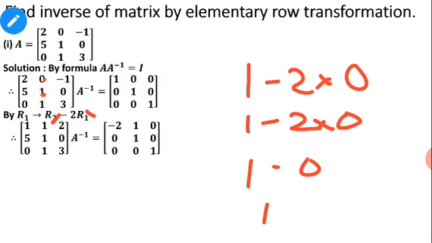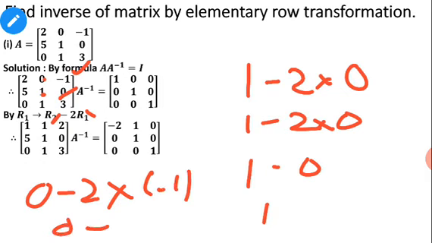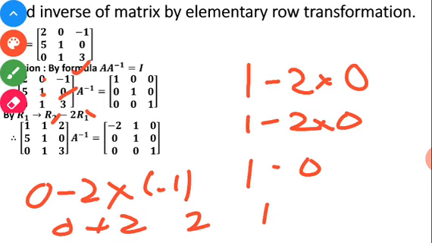दैट थर्ड एलिमेंट जो यहाँ पे 2 आ रहा है, हाउ इट इज़ कमिंग, बिकॉज R2 का जो फर्स्ट थर्ड एलिमेंट यहाँ पे है वो है 0. माइनस 2 इंटू R1 का थर्ड एलिमेंट दैट इज़ माइनस 1, तो 0 और माइनस 2 इंटू माइनस 1 हो गया प्लस 2, दैट्स व्हाट इज़ कमिंग 2. So this way it is happening.